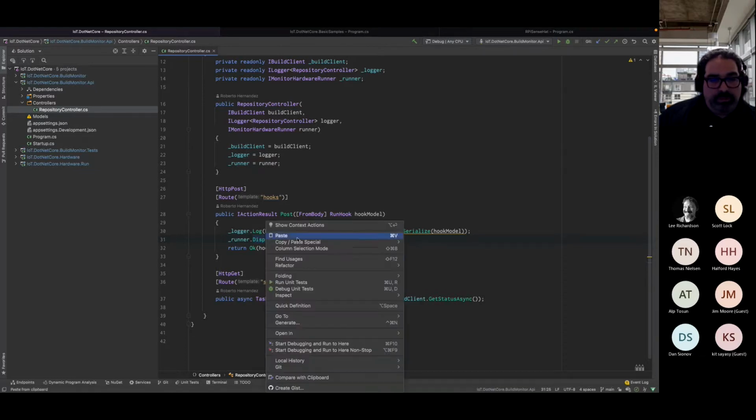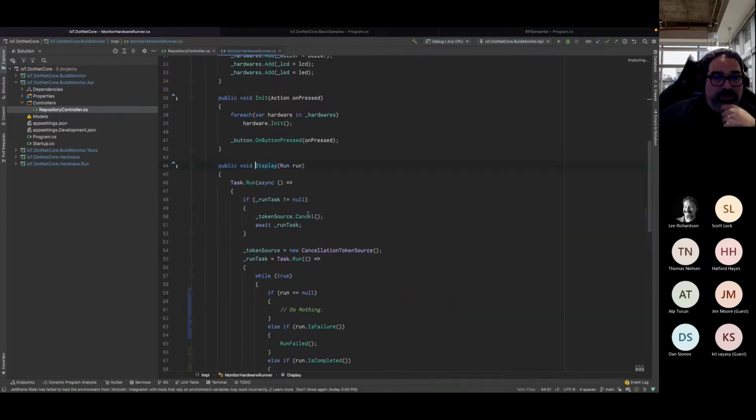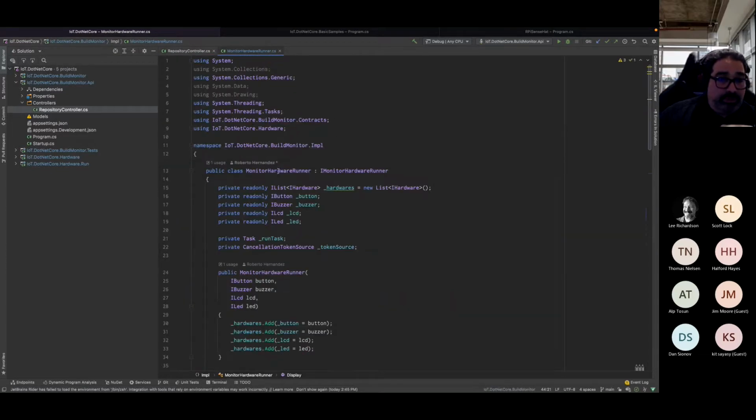If I right-click and go to implementation, you will see that I have this class called monitor hardware runner. In this monitor hardware runner, I have an abstraction for a button, an abstraction for a buzzer, an abstraction for an LCD, and an abstraction for an LED. From the point of view of code, all these things are very similar to what I just wrote for you guys.